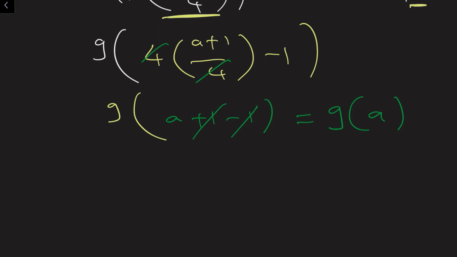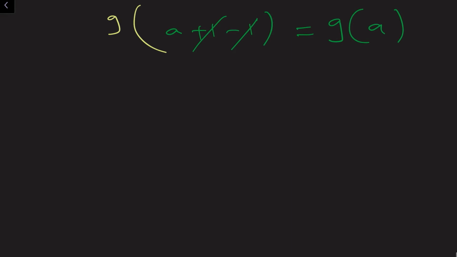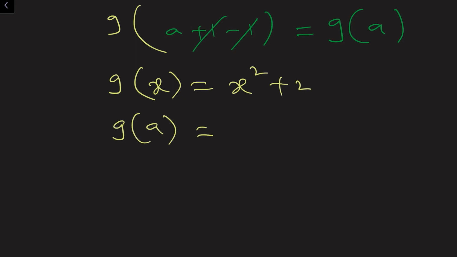So now we need to find out the value of g of a. In the question, g of x value is given as x square plus 2. Now we want g of a value. So simply in the place of x, we need to substitute a. So a square plus 2. A square plus 2 we cannot simplify further. So the answer is completed. Next, question number 3.